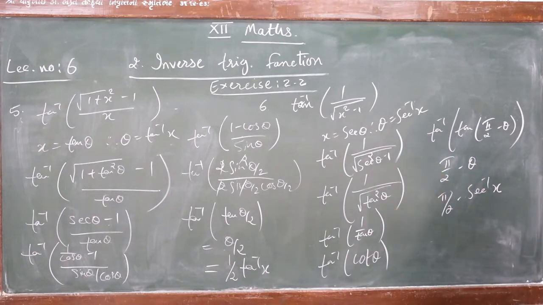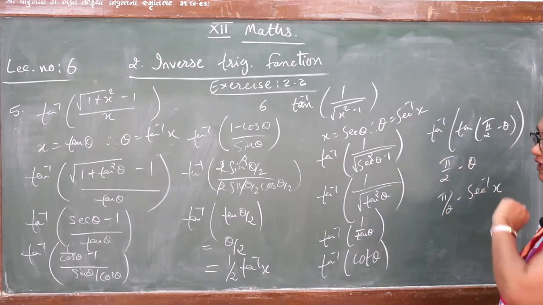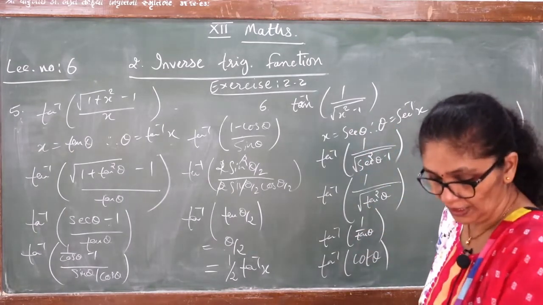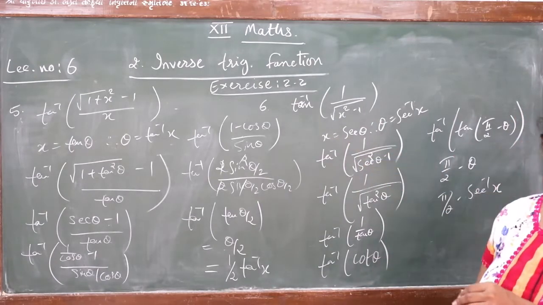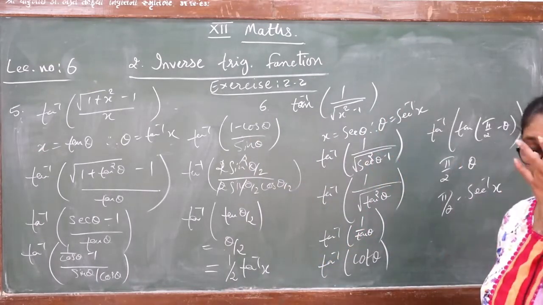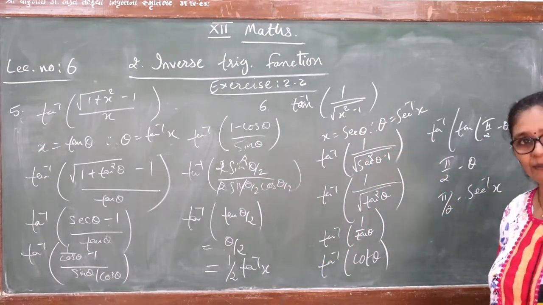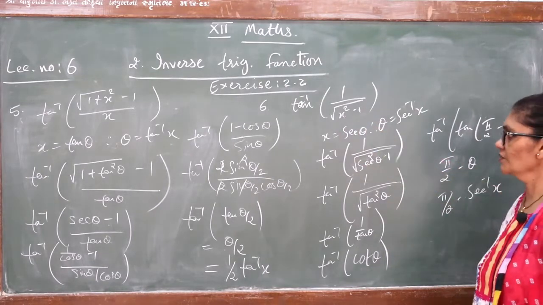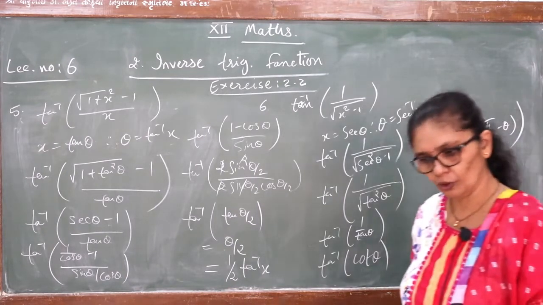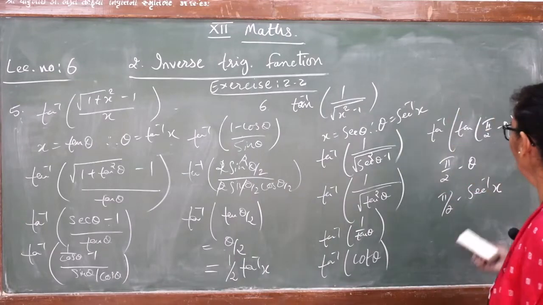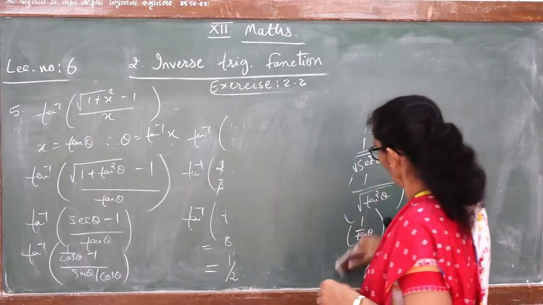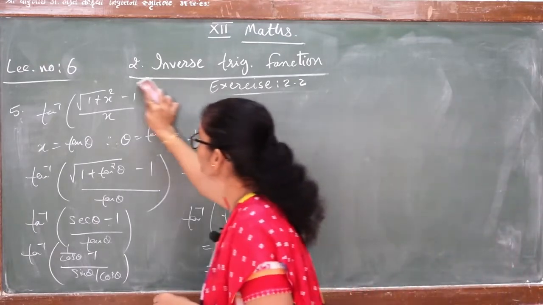Now check. In the fifth question, 1 plus x square is given, so we have taken the assumption tan. Here x square minus 1 is given, so we have taken the assumption sec. Now the question arises that 1 plus cot square is also cosec square, so you can take that formula also and get the answer in that format. It doesn't matter, because both formulas are valid. Similarly here also, for x square minus 1 we have taken sec, but you can choose cosec also, since cosec square minus 1 is also cot square. So you can apply any one of them, whichever is convenient for you. But we generally take tan only, so I have chosen that formula.